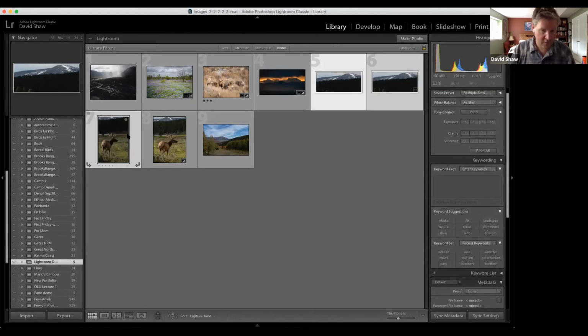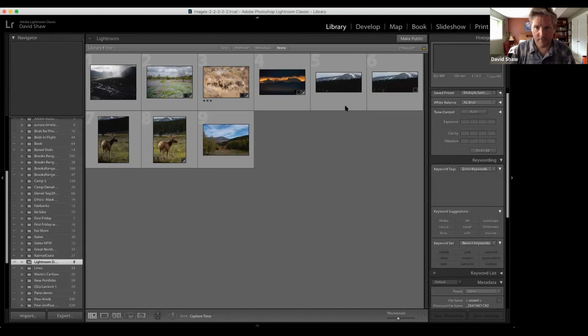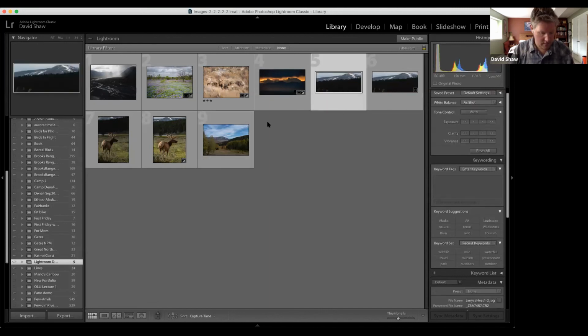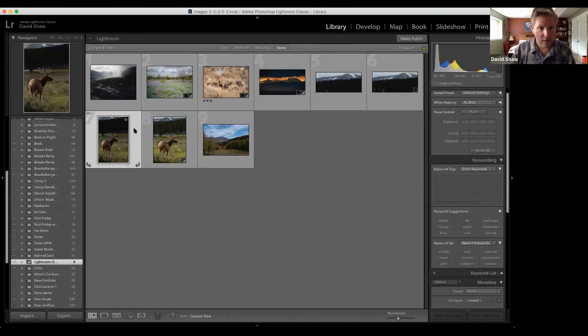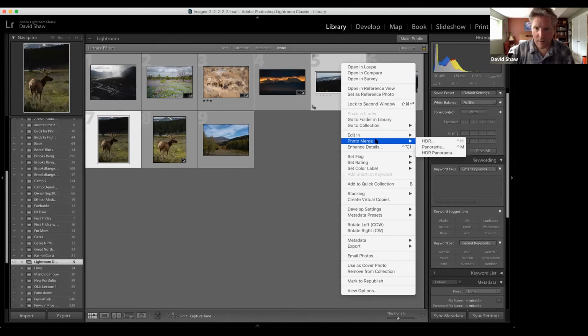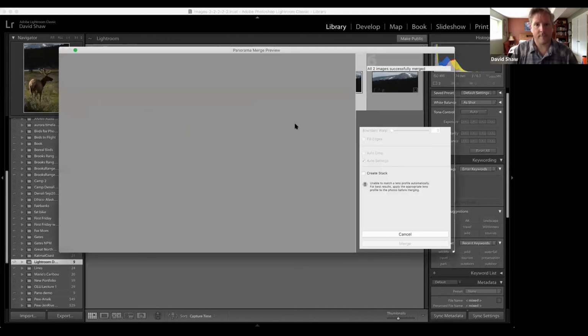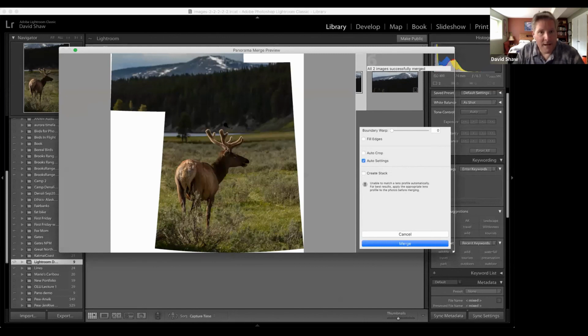So we'll grab these two. Oops, not that one. Hang on. That and that. Now we're going to photo merge again. And what happened is that